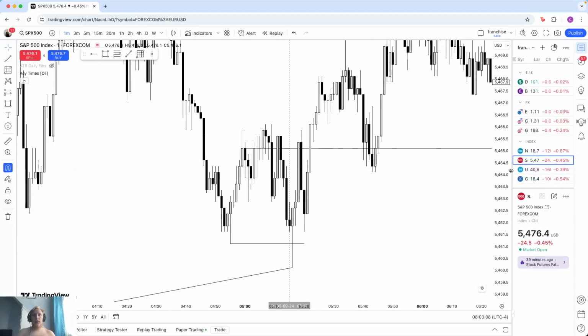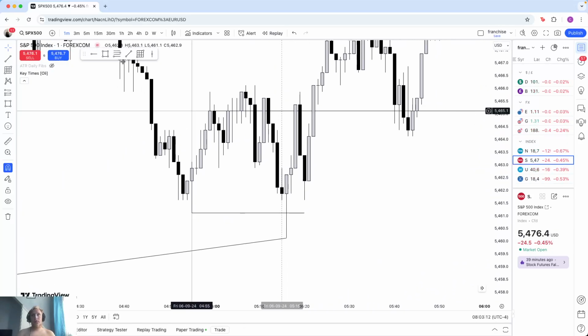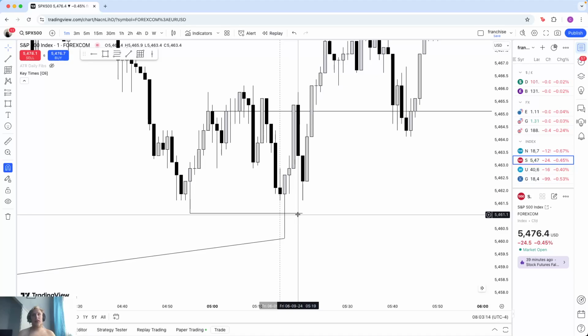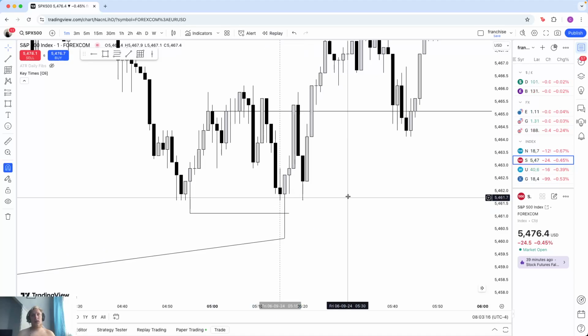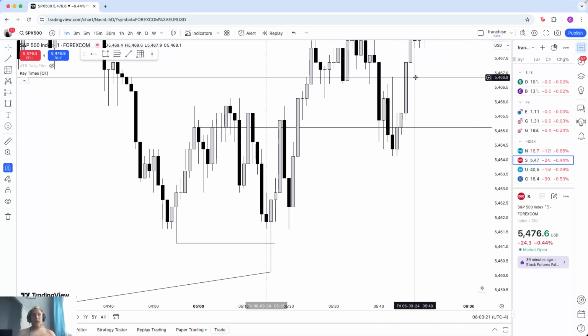So going back to what I was saying, where is the entry? Now we know price is fractal because I've touched on that earlier. I'll give you a second to think. Okay, the answer is